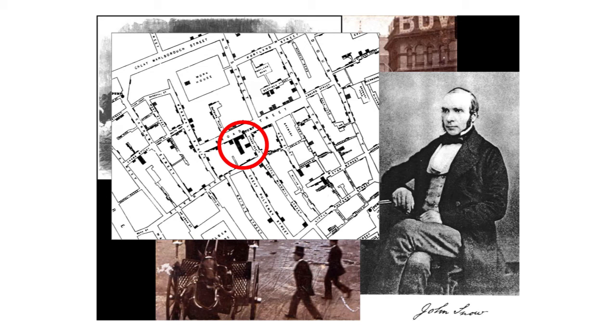Then there was Dr. Snow, a famous doctor, and he could convince people that he make a survey. On a street map of London, he collected all the different people who died on the location and made such histograms here. He collected where the people died due to cholera, and the next thing he marked was where the pumps are. For example, here is a pump, here is a pump, and here is a pump,